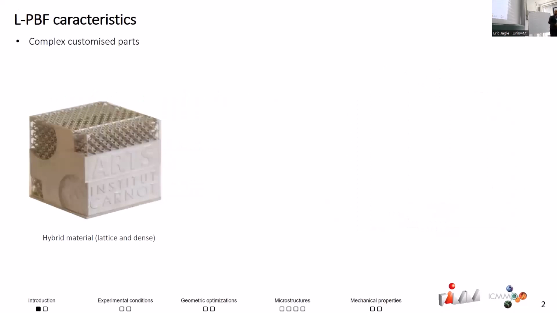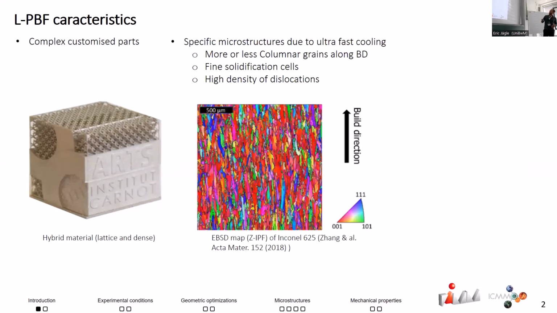Okay, so a quick reminder about LPBF characteristics. The main good characteristic about LPBF is that you can create complex, customized parts, like you can see here, with a hybrid material made out of lattice and dense parts. So now, because of the first presentation, you all know what a lattice is. And